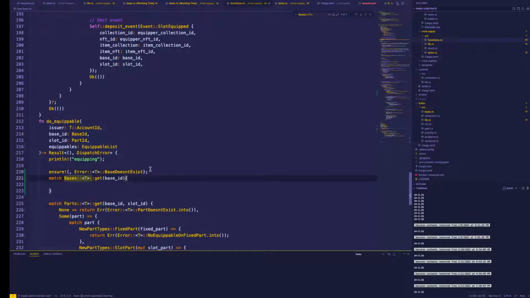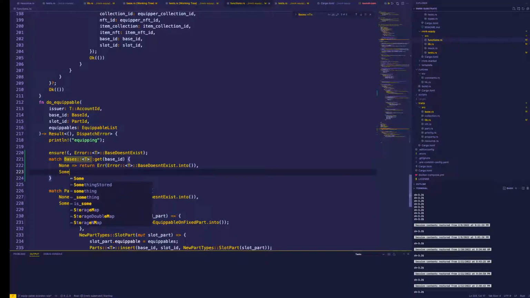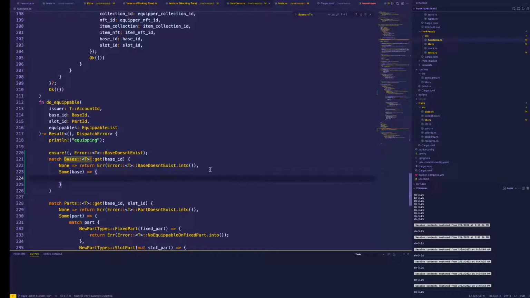We can put the two tests in at the same time. And then if it does exist,